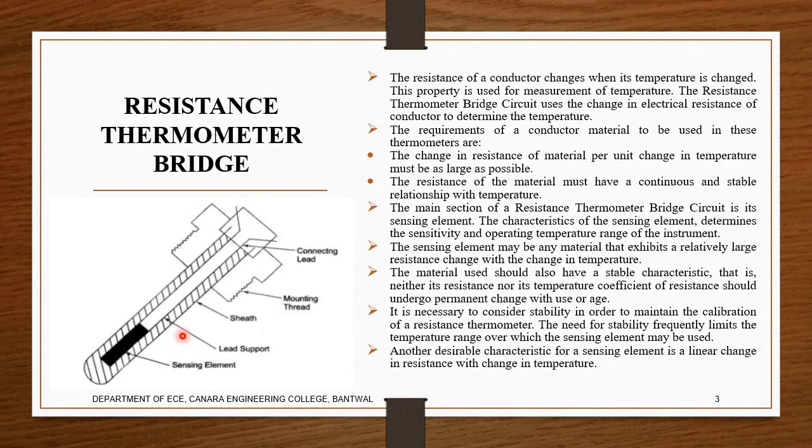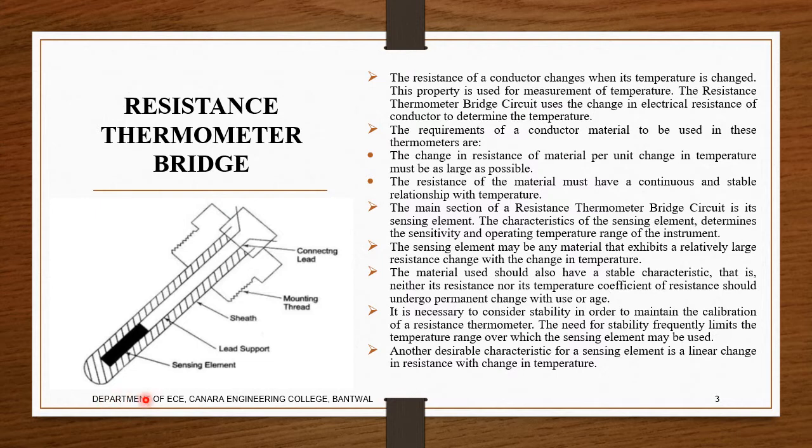Another most important thing, it has to be linear. Understood? It has to be linear, not change in just any direction. So for some input change, that much output change has to be there. For 1 degree Celsius, it has to be like 10 kilo ohm, 2 degrees Celsius, it has to be 20 kilo ohm. Almost it has to be linear. So those are the factors we need to consider for most purposes.